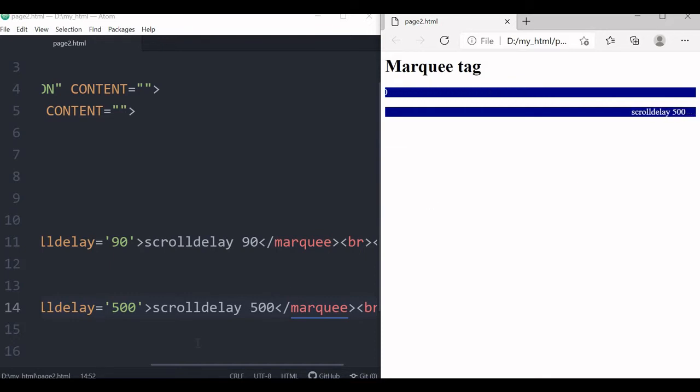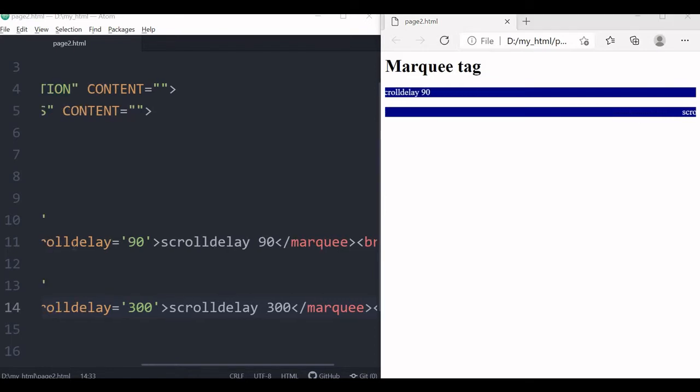Now this 500, let me just bring it to 300. Saved it, refresh it. Slightly the speed will go up. Sorry, I have not changed the actual property or attribute of it. I have changed the text part only. So it's making it 300. Now you can see that this slightly speed has increased. This is scroll delay. Now we'll go to how much pixel each jump will make. That we will study now.